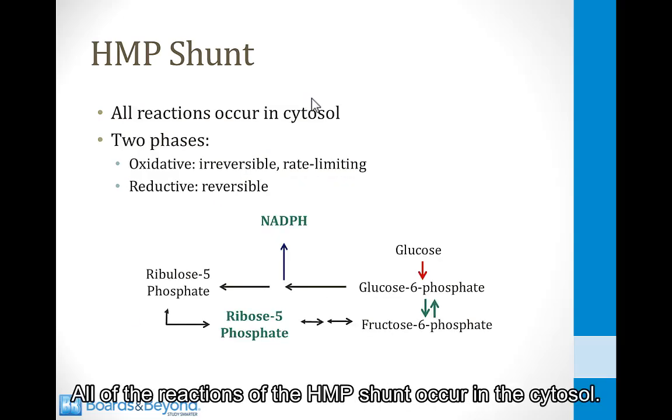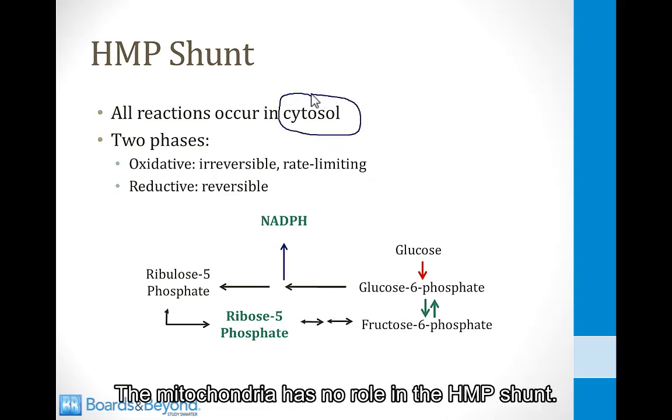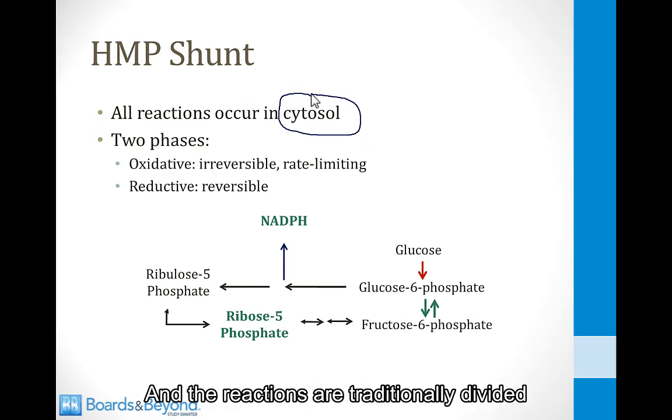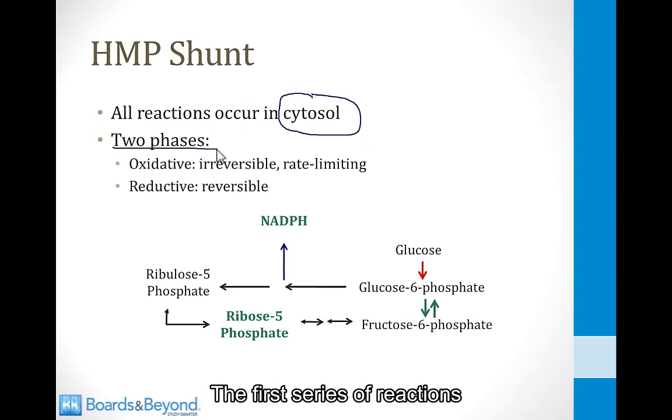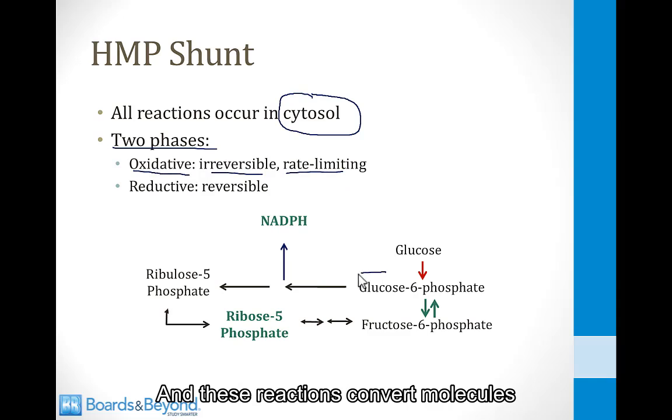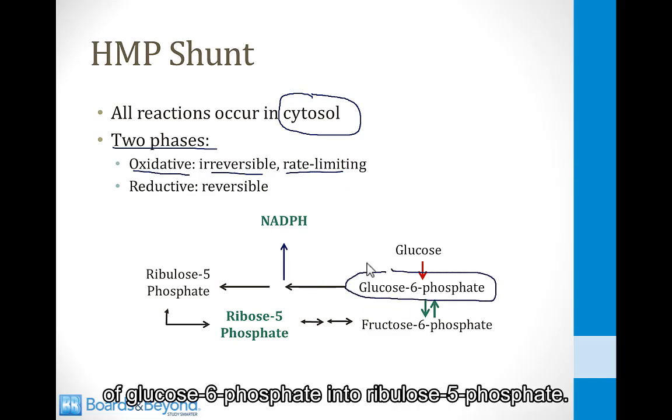All of the reactions of the HMP shunt occur in the cytosol. The mitochondria has no role in the HMP shunt. And the reactions are traditionally divided up into two phases. The first series of reactions are called the oxidative reactions. These are irreversible and rate limiting, and these reactions convert molecules of glucose 6-phosphate into ribulose 5-phosphate, and in this